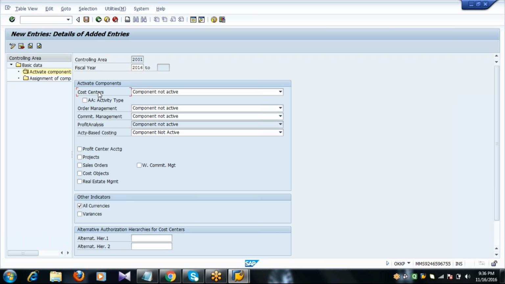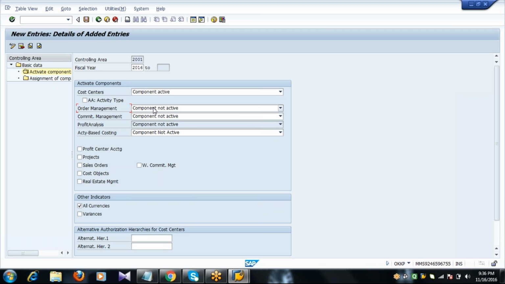And here cost centers. We are supposed to use the cost centers whenever we want to issue the goods. Unless this indicator is active, the system will throw a message. So in cost centers, select the indicator component active. In the same way, when you are creating a purchase order or sales order from SD and MM, if you don't maintain the order management and commitment management indicators as active, it will throw an error saying that commitment management and order management are not activated.